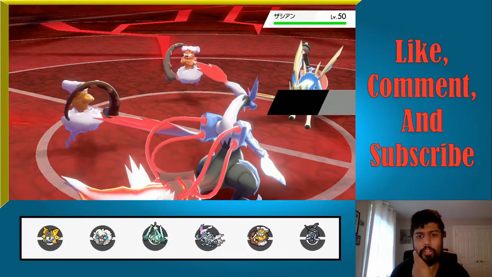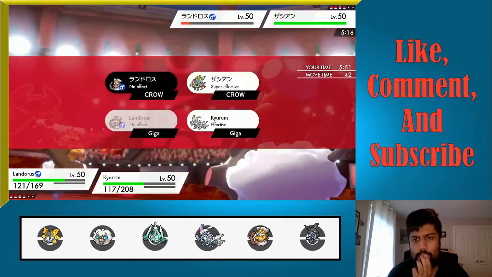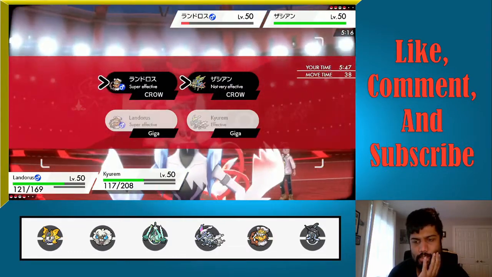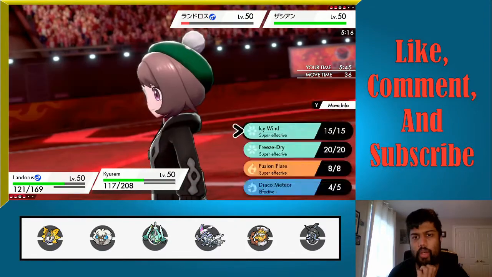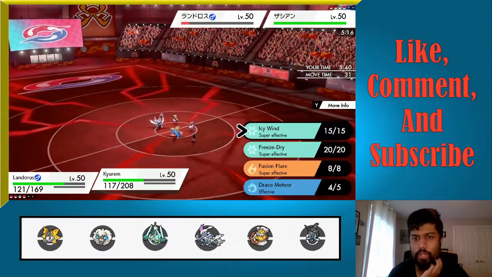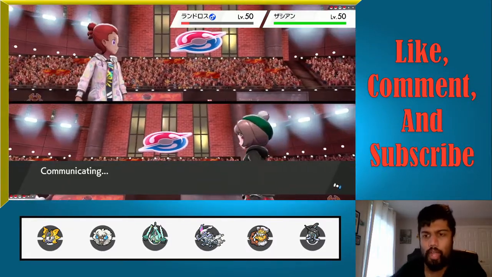I could Icy Wind. I'm going to Earth Power onto you and go for an Icy Wind. No, I should Protect. I'm going to Protect here in the event that you target into Landorus and go for an Icy Wind calling a switch. So that's what I need, right? I need you to...